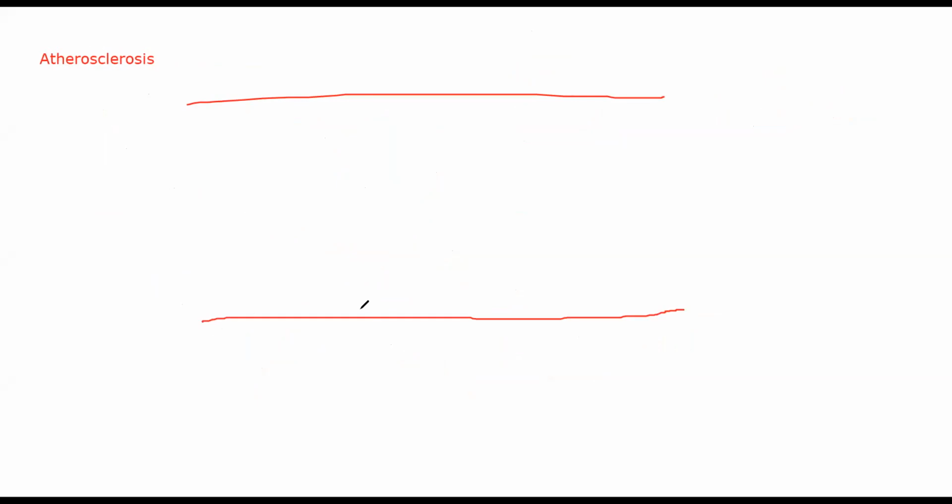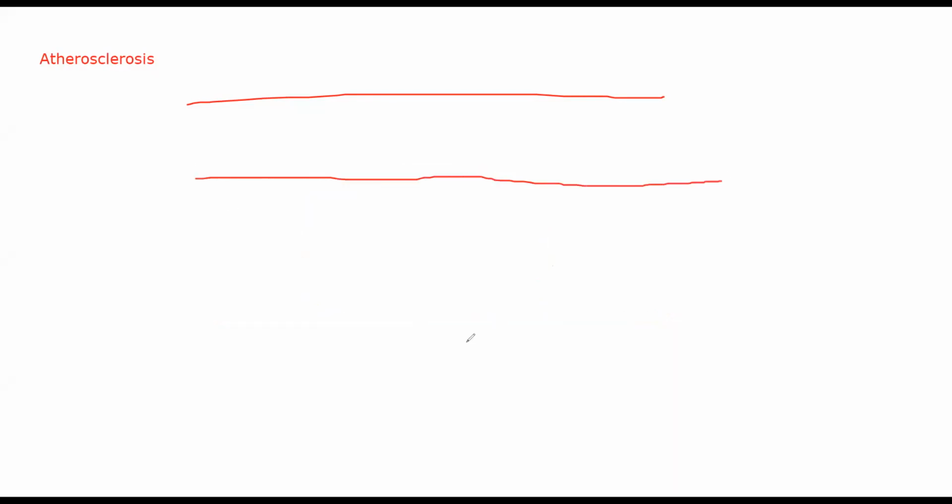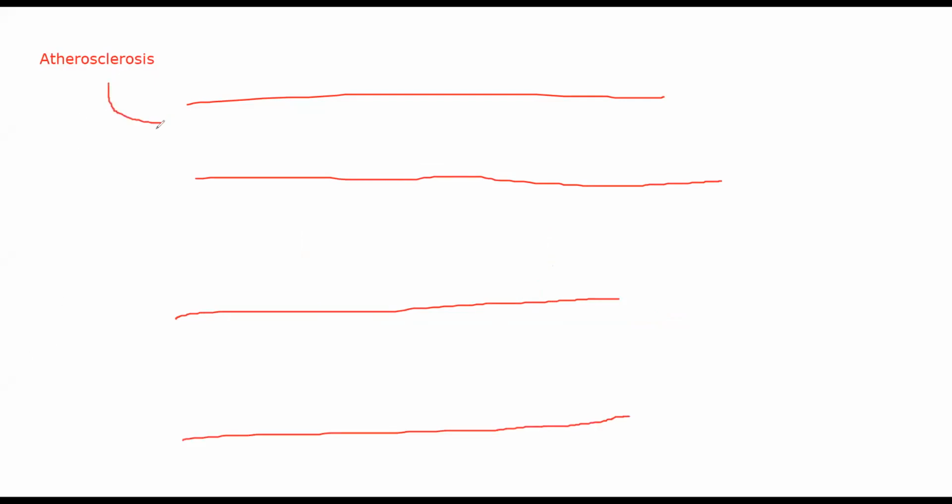This is a very specific disease caused due to hardening and plaque formation. So if I take a blood vessel, let's suppose this is a normal blood vessel. Whenever I have atheromas being formed, atheromas are plaques that are literally formed like this, which block your artery. So normally in a general artery, let's suppose I have one artery like this, and I have another artery like this. Let's suppose this is the one that is affected with atherosclerosis, and this is a healthy one.